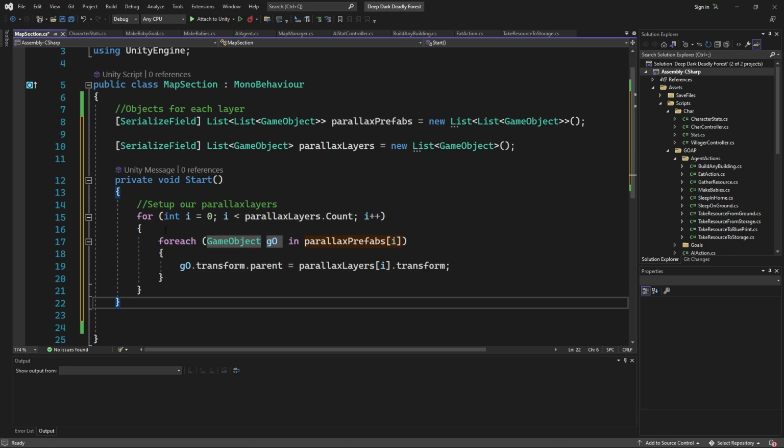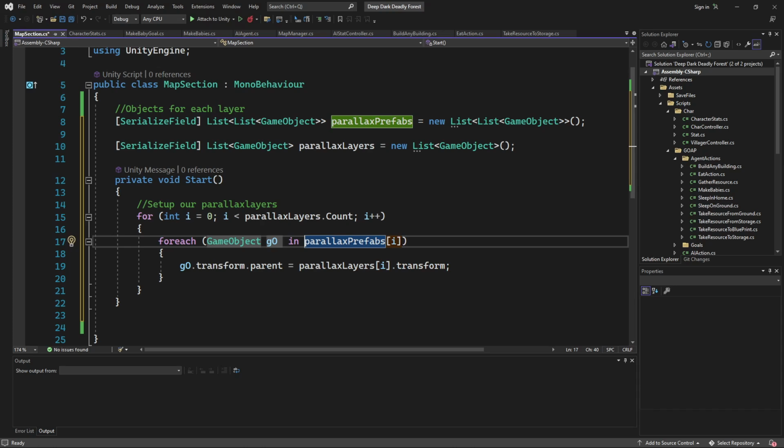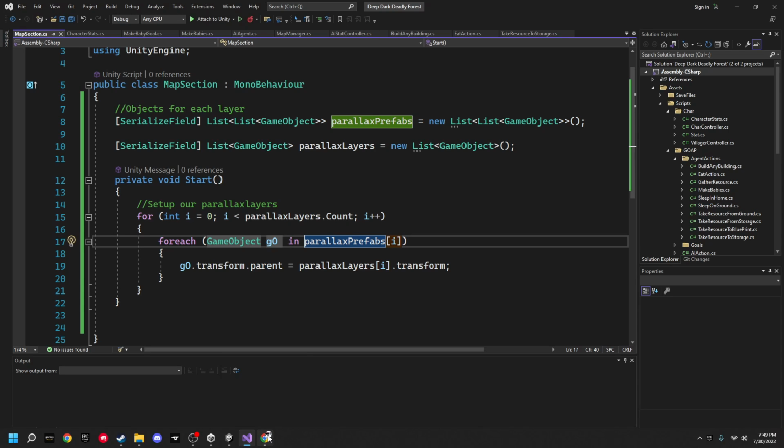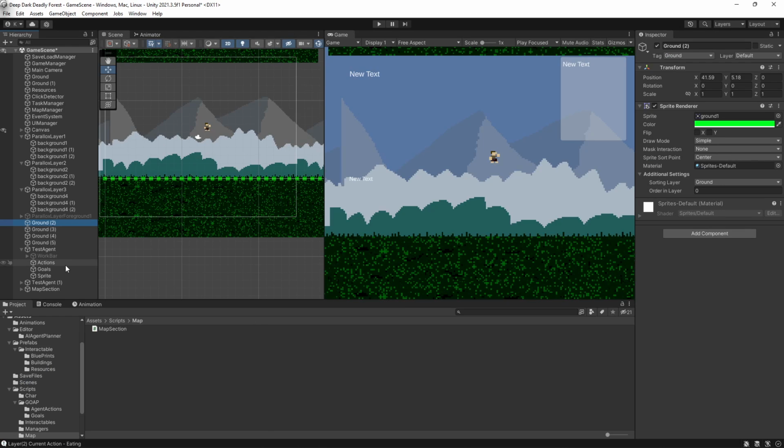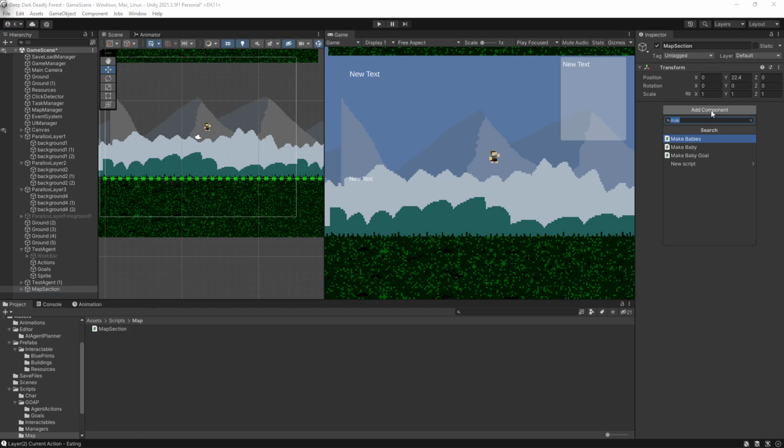Alright, so this is going to loop through all of our layers, and then it's going to loop through all of our list of prefabs, and there's 3 of them, and each of those lists have a list of prefabs that will be added. Right now I think each one just has 1 in their layers for each section. Alright, so let's go back to Unity and go back to this map section and add